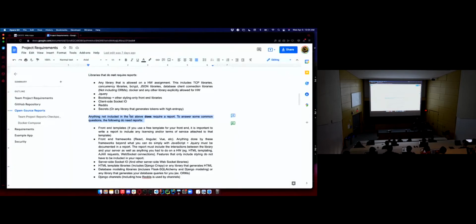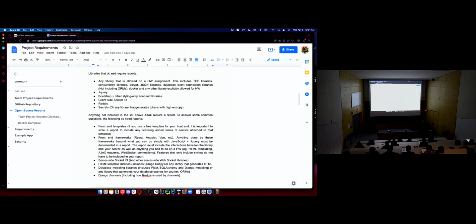If you have a question about a specific library that's not in either list, ask me, I'll make a decision, then add it to one of these two lists. Make sure you're looking at these lists and knowing whether or not you need to write a report for that library.